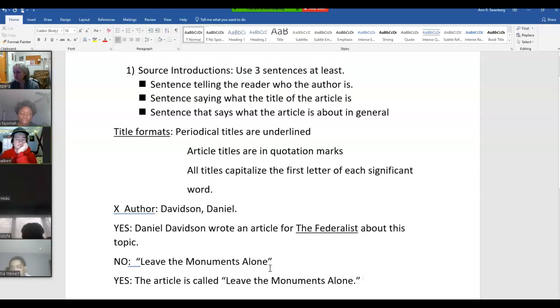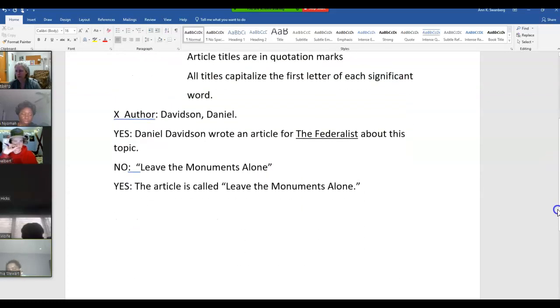Does it have to be a fancy sentence? Lakeisha, does it need to be a fancy sentence or can it be a simple sentence like this one? It could be a simple sentence. Yes, ma'am, it can. All right. But I want to show you another no. Okay? Oops. In the article called